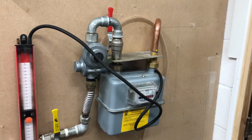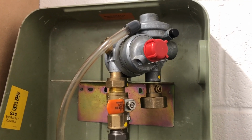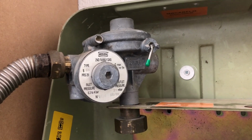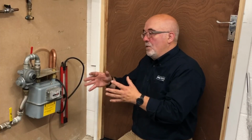Today we're going to look at medium pressure meters. We've been asked this two or three times, and there's a certain amount of confusion over the testing of medium pressure systems. In reality, once you get your head around it, it is actually just a series of steps, depending on which meter we've got. When I say which meter, I mean which installation you may come across,